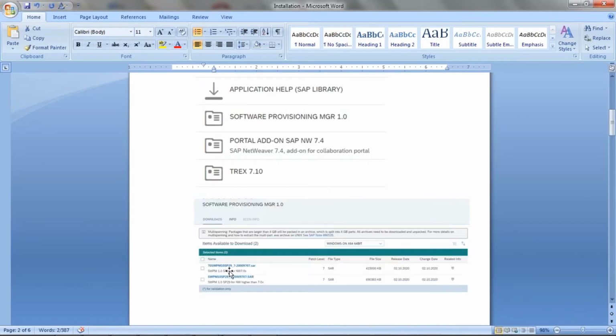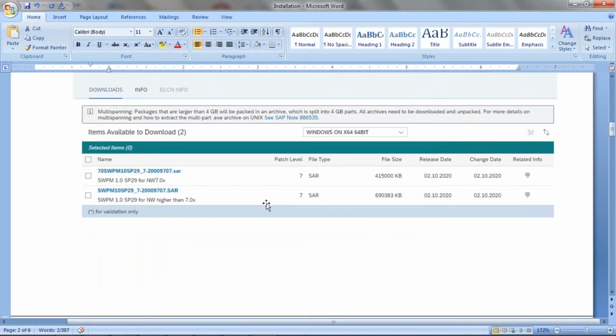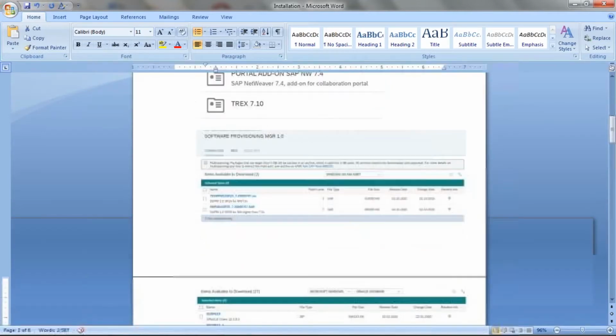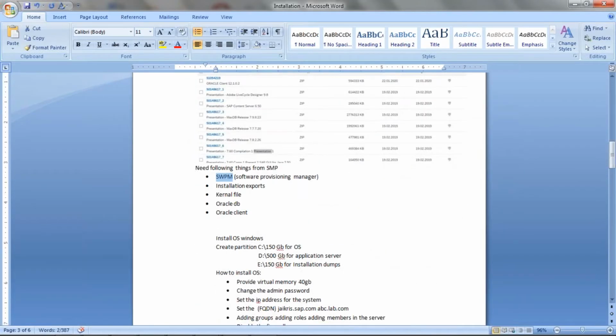See, this is the way you download. Like this you have to download SWPM. This one, how big is it? This is about 700 MB, like 690 MB. You have to download this first, for firing the installations on your servers. Now we'll see